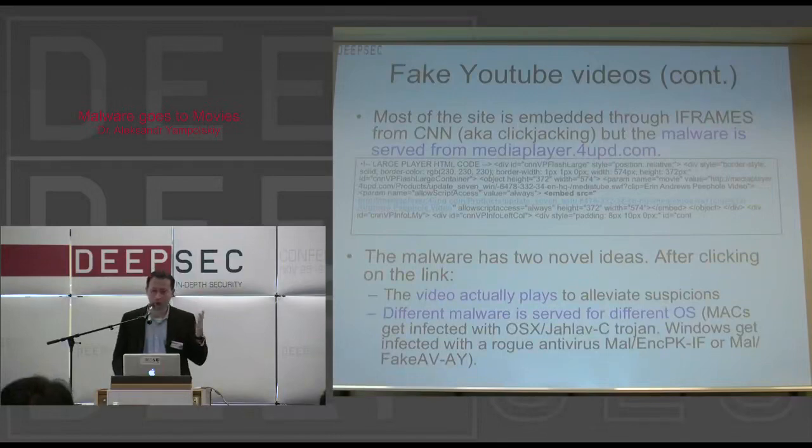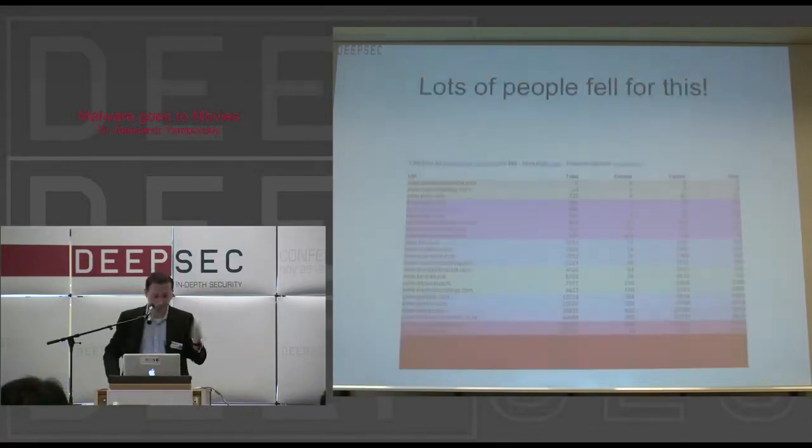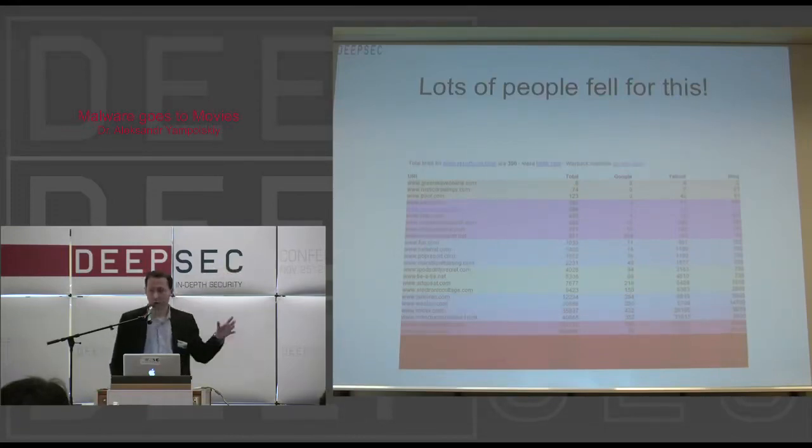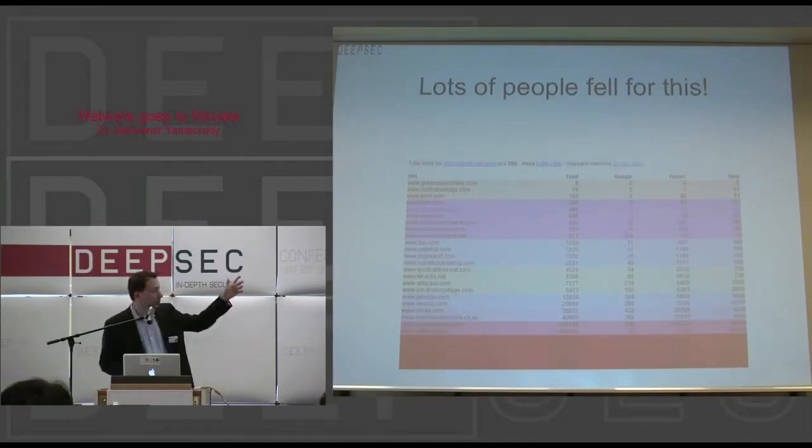So I got curious, I did a little bit more analysis, and a lot of people fell for this. If you look at the traffic report, it's right there on the top, video report cnn.com. There are a lot of sites on Yahoo, Bing in particular. Google did a little bit of cleaning up, but a lot of the sites actually link to this particular video. So on Bing, there are about 382 sites linking to that particular site.